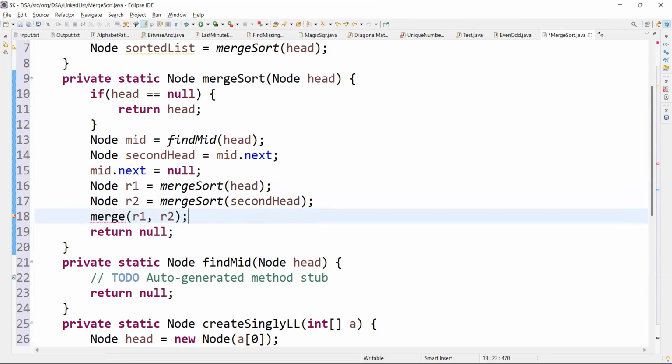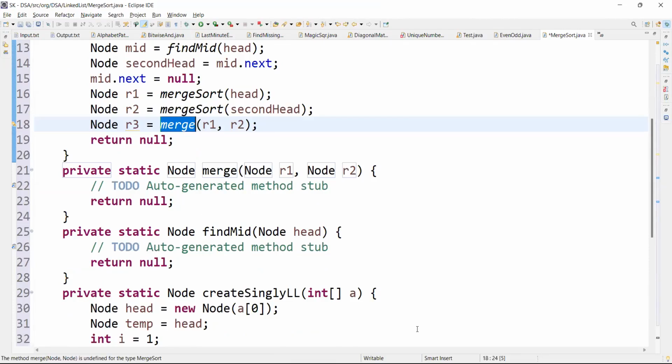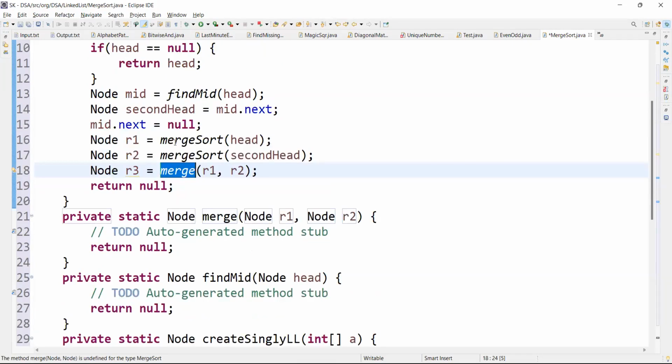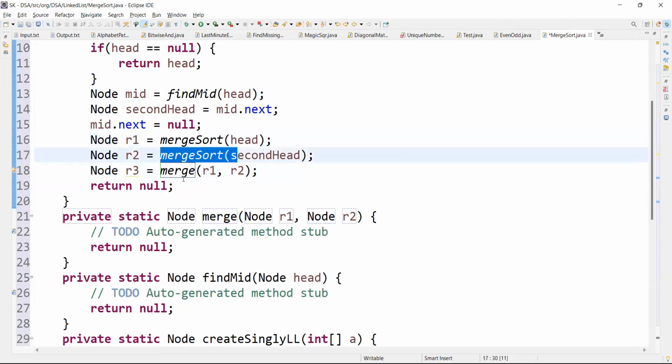This is the logic. And when you will merge again, it is going to return some node. So I'll write here node R3 is equal to merge function, and then I can implement the merge function. Clear? So instead of taking these extra variables, I was directly passing these function calls inside this merge function. That's all I was doing. Clear? So if you want to do it in this way,